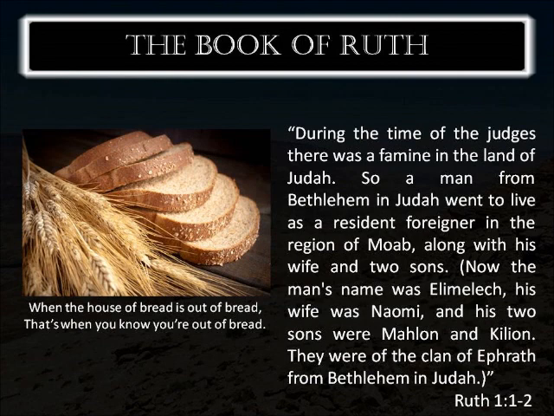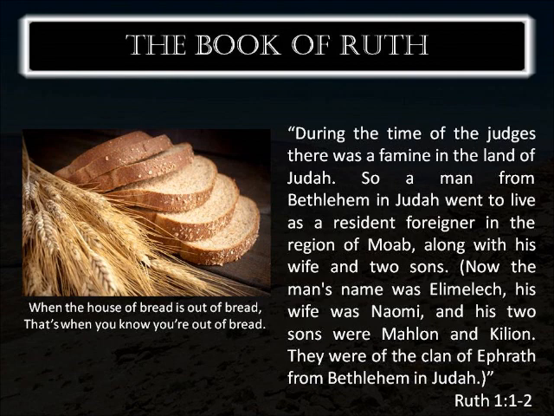So let's set the table with having a table that can't be set. Our story begins in Ruth chapter 1 during the time of the judges, and there's a famine in the land. And as we looked at last week, what are some of the reasons for famine? Well, if you're living in the Old Testament times, the biggest reason for famine is literally somebody is sinning and the land is suffering. And so we find that a man from Judah, a guy named Elimelech, will take his wife Naomi and his 2 sons, Mahlon and Chilion, and they will move all the way across the Jordan Valley into the land of Moab.